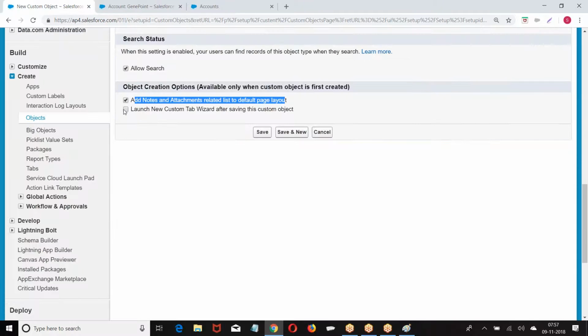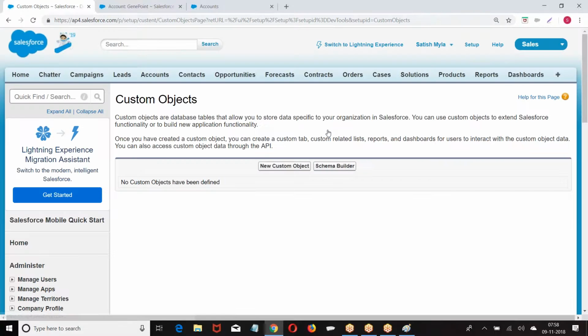Next, launch a new custom tab. Once the object creation is done, it will take you to the tab creation page. Let us do everything from the beginning again. Now look at that.